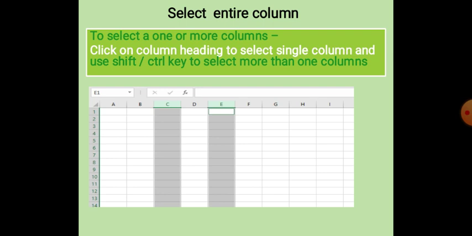With the mouse, we click on one column heading, press the left mouse button, hold it down and drag to select the other nearby columns. And as I told you, the shift key is used to select adjacent columns and the control key is used to select non-adjacent columns. In this example, we have used the control key to select non-adjacent columns.